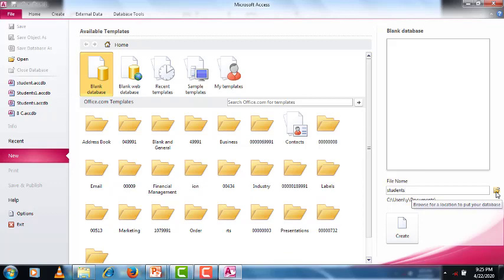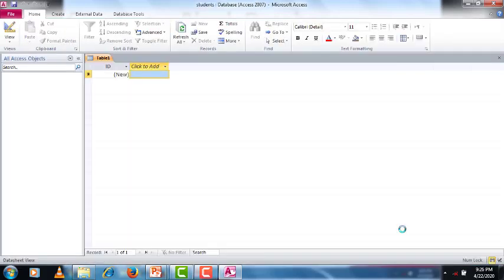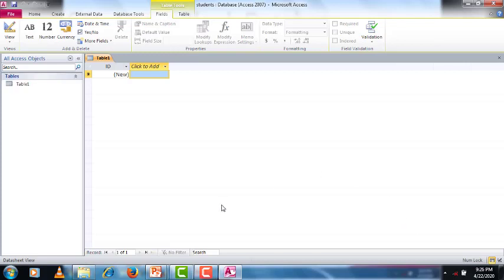If you want to define any other folder to save your file, you can; otherwise leave it. Automatically your file will be saved in the documents folder. Now click on create. Your database is created now with the name student.